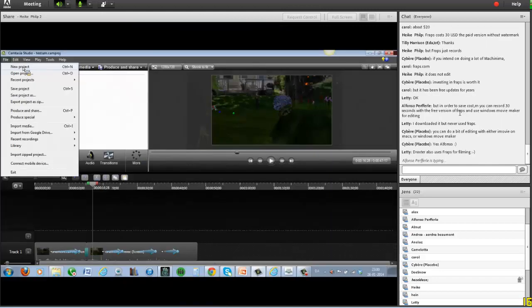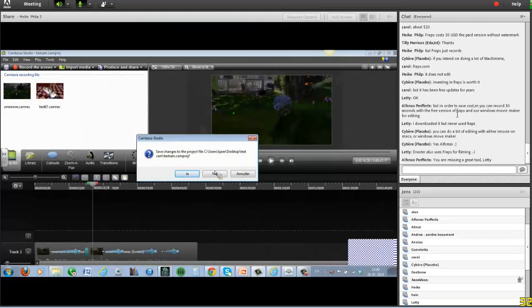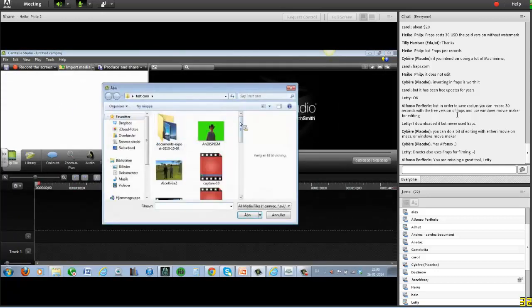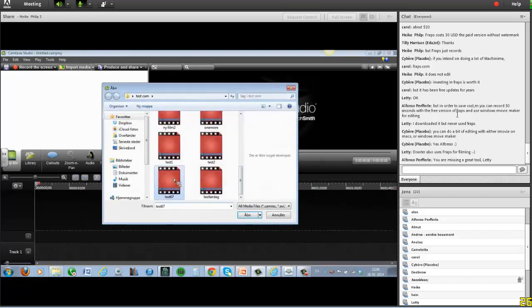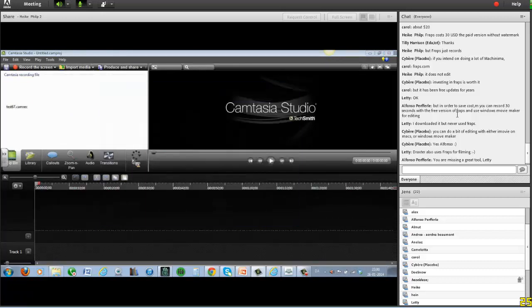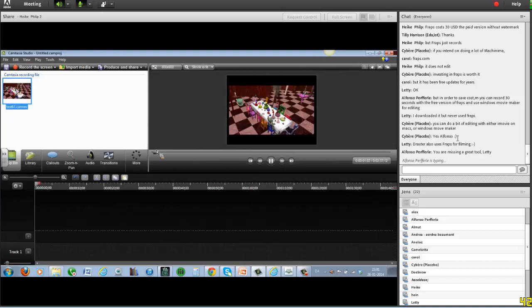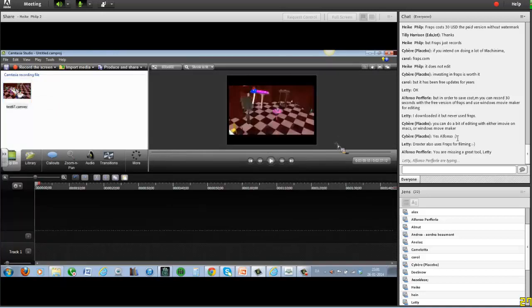So back to that file, that's 67 to go in there. Press here, open. Okay, now this is my recording. It could also be a lot of pictures I could import and all sorts of things. But remember, it must be in the same folder. I can just go through it here for a pre-look, but I want the lot. So put it down here, track 1, and now it's lying there.